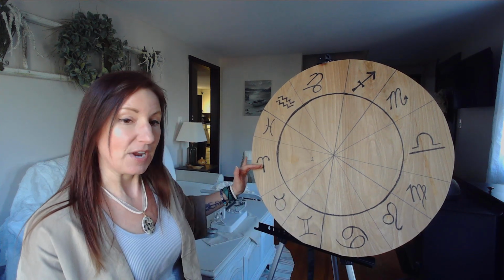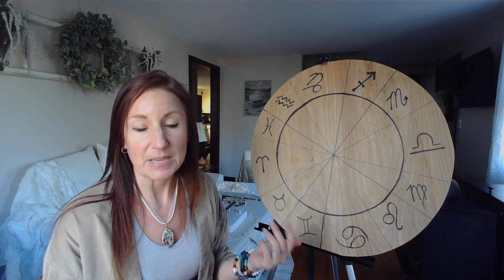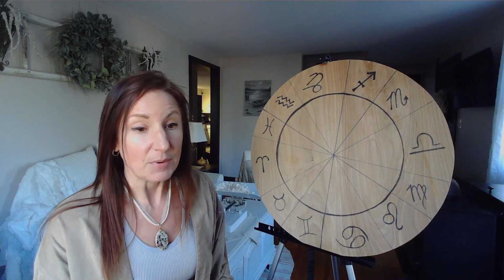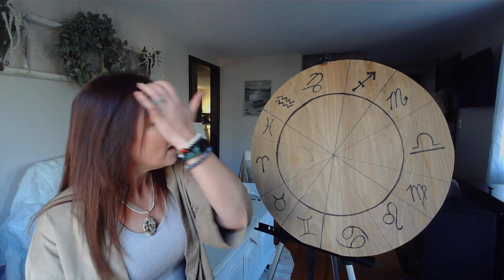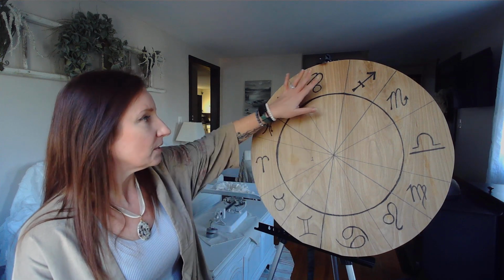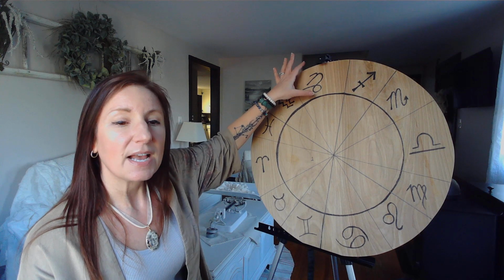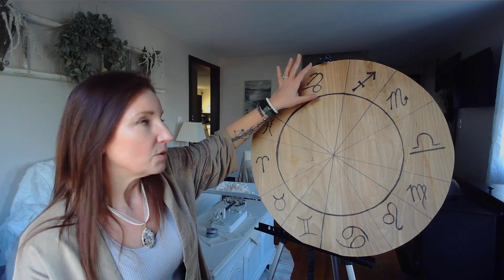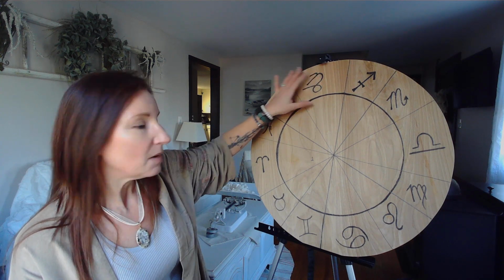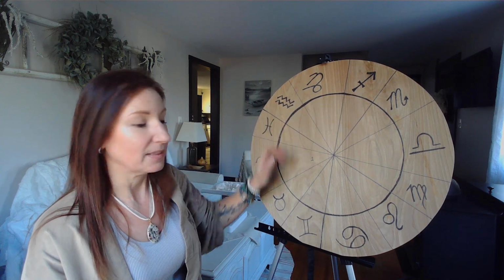So your AC is not going to be in the middle down here like when you use whole houses. I use whole houses, so I'm going to mainly be working with that one today. Another thing with whole houses, your MC is the highest part in your chart. It usually ends up in your 10th house, but it can also be in your 11th house or 9th house. For me, it's in my 11th.